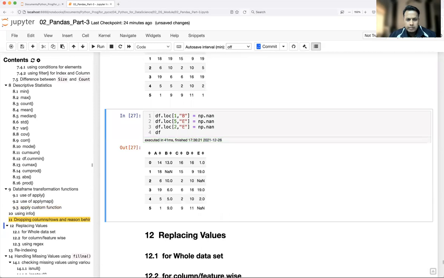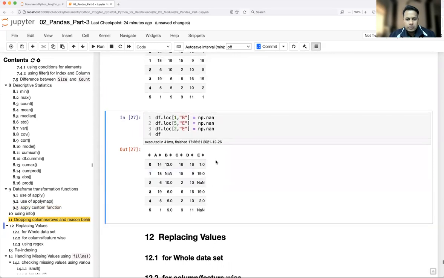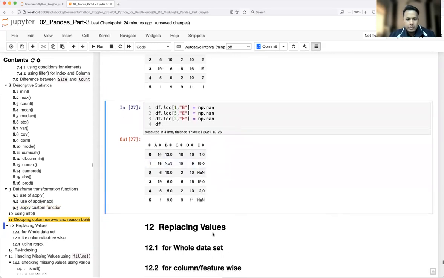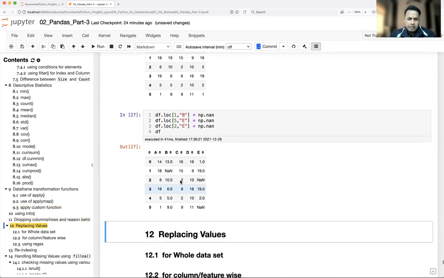Now, I have a couple of column entries that have NaN values. That's how we replace the values also. So this is my data frame where NaN has been inserted in a couple of places.